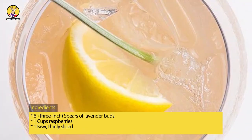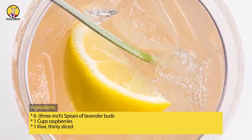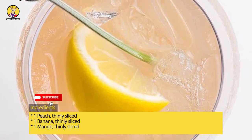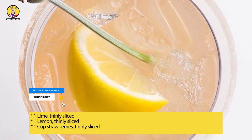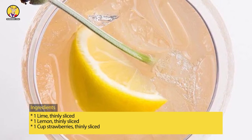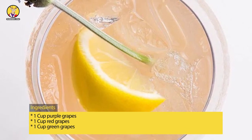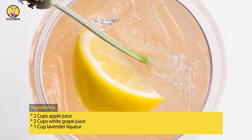Ingredients: 6 3-inch spears of lavender buds, 1 cup raspberries, 1 kiwi, thinly sliced, 1 peach, thinly sliced, 1 banana, thinly sliced, 1 mango, thinly sliced, 1 lime, thinly sliced, 1 lemon, thinly sliced, 1 cup strawberries, thinly sliced, 1 cup purple grapes, 1 cup red grapes, 1 cup green grapes, 2 cups apple juice, 2 cups white grape juice,